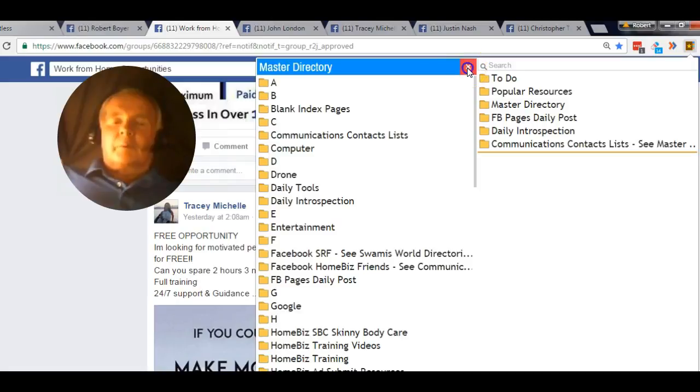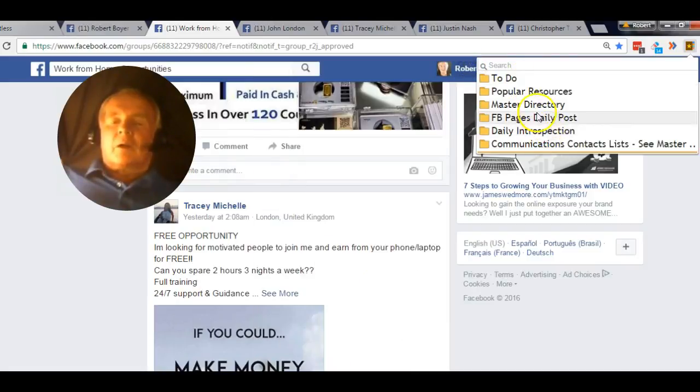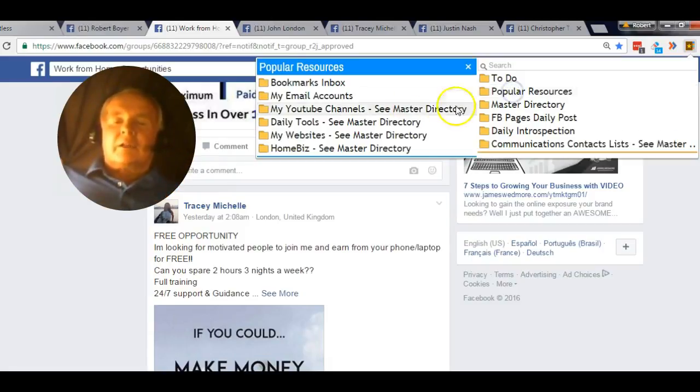I had this kind of open, but this is the way it opens up for me. So far I keep refining this, but I have popular resources, just the ones that I'm using most often, but I don't have these listed, especially except for email accounts,